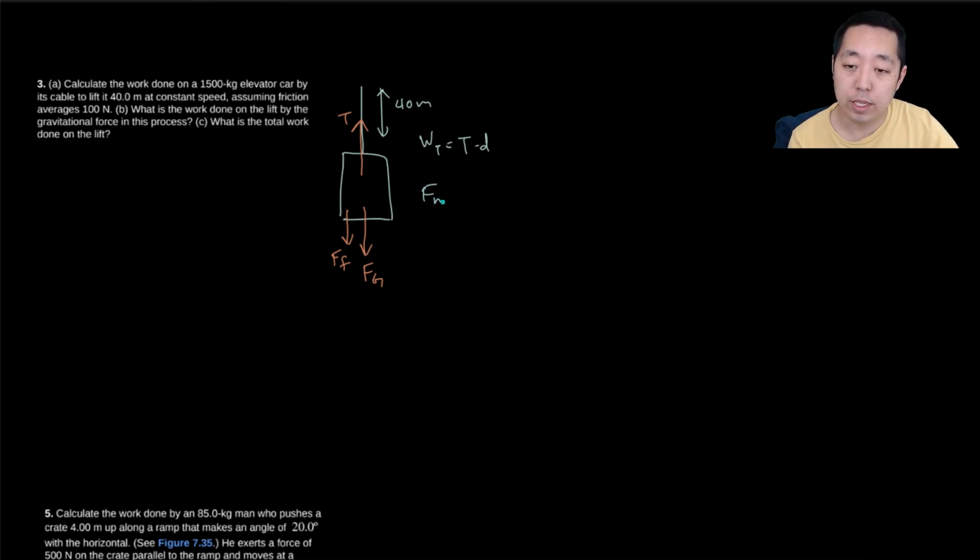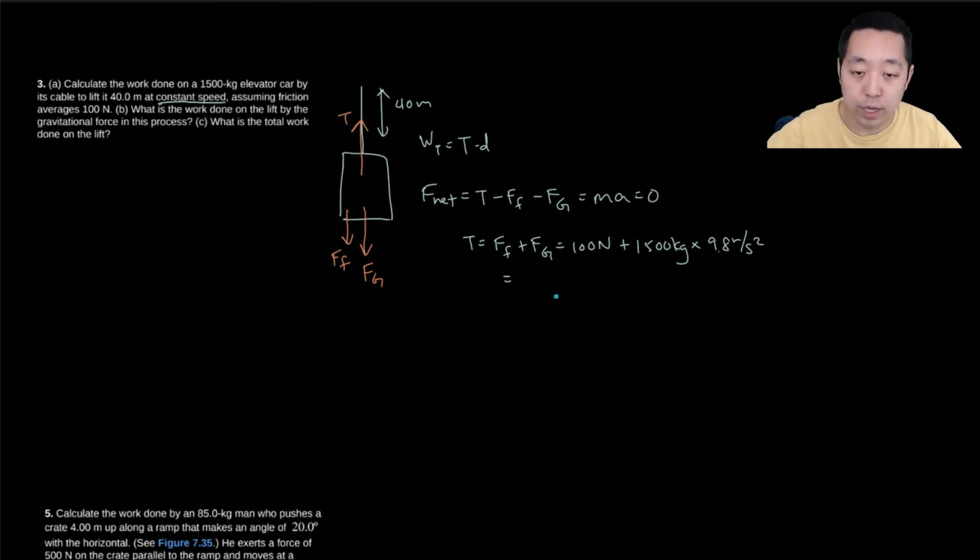Now the net force in this case is T minus the force of friction minus the force of gravity, and this has to equal mass times acceleration. But because it's moving at constant speed, the acceleration is 0, so the net force is equal to 0. That means the tension has to equal the force of friction plus the force of gravity. The force of friction we knew is 100 newtons, and the force of gravity is mass, 1,500 kilograms, times 9.8 meters per second squared, mg. So the tension we find is 100 plus 1,500 times 9.8,